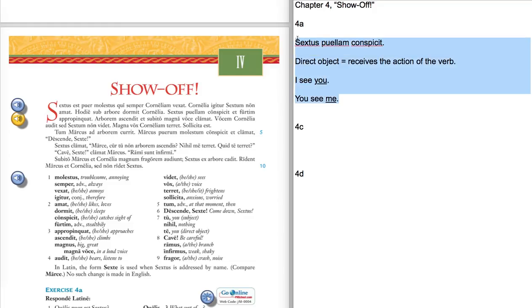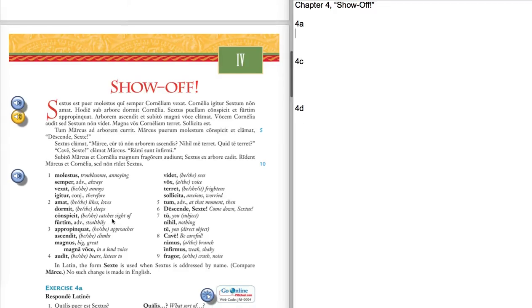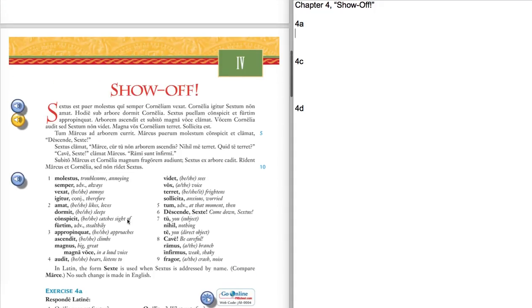So, number 3 in 4A could be, what does Sextus do today? So he does a couple of things. He catches sight of the girl. He spots the girl. He also approaches. And how does he approach? He approaches furtim, which is stealthily or secretly. And what else does he do? He climbs a tree. I'm going to put this in. There's another possibility here. Sextus arborem